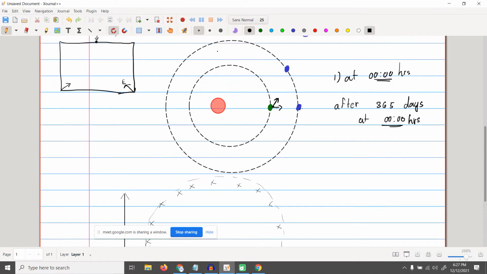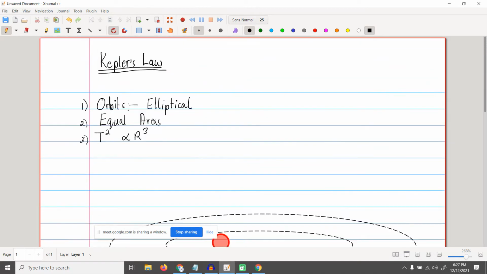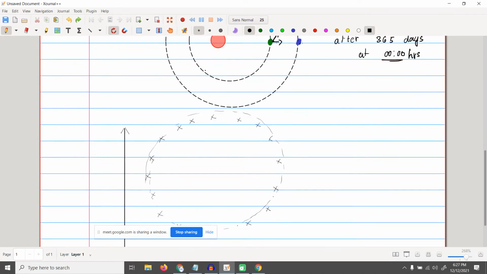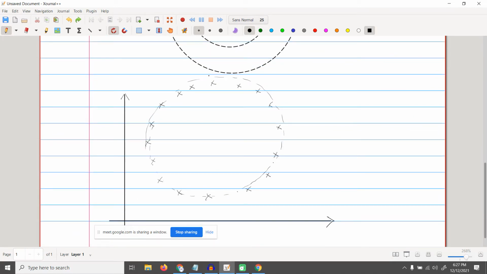Remember, Kepler came out with his three laws. We are talking about the motivation that got Kepler to get these laws. We are looking at the first one, ellipses. Okay, this is the first law that we are looking at right now, that orbits are elliptical. We want to figure out how did Kepler come up with that law. So what must he have done to come across this law? That's the first law that he said, that orbits are ellipses. They're not circles, they're elliptical.